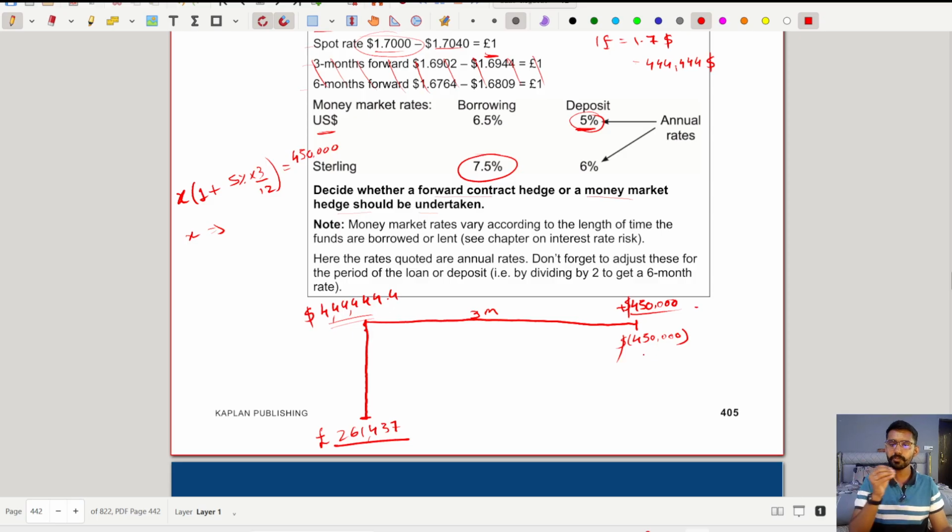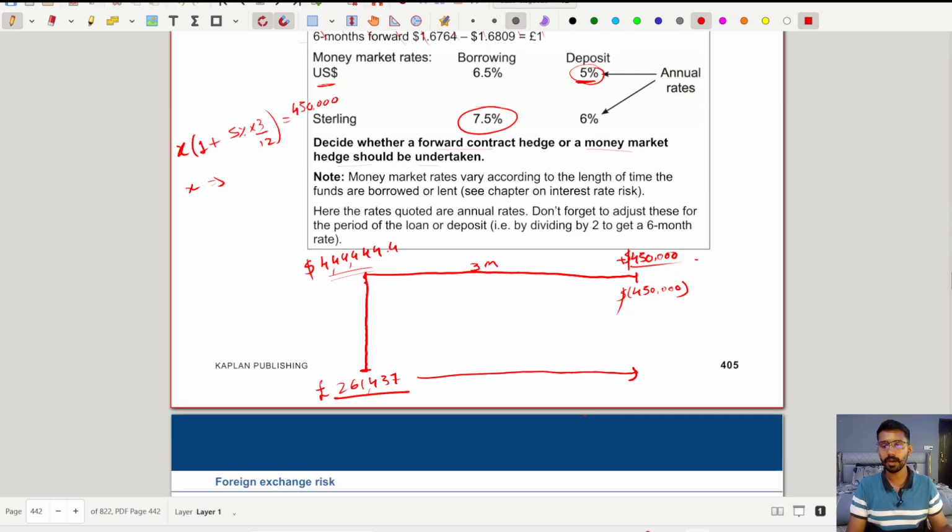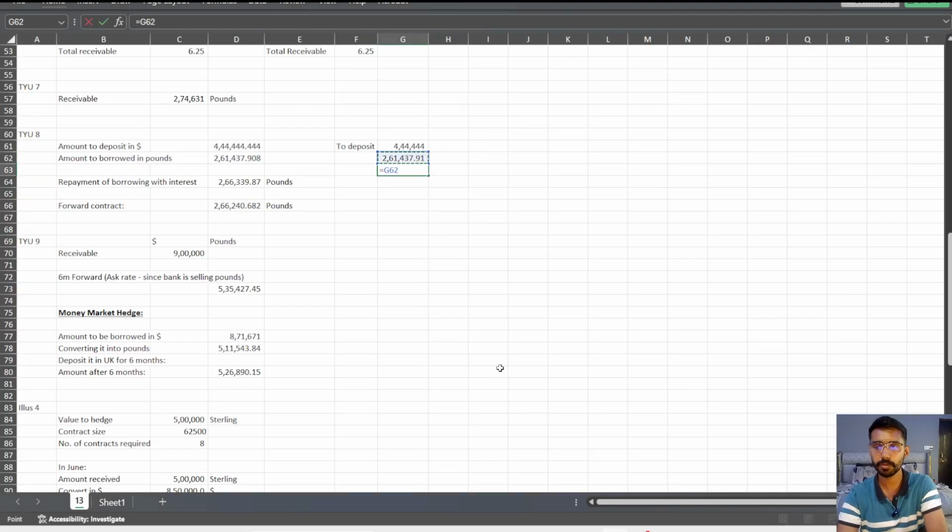If I have a foreign currency liability, I want a foreign currency asset. For asset, I need dollars. I need foreign currency deposit. If deposit is of foreign currency, then borrowing will have to be from my home currency. I'll need to borrow it from my home currency. This amount I will borrow, and 3 months later I will have to pay this. So borrow rate is 7.5%. So I'll have to pay it 3 months later